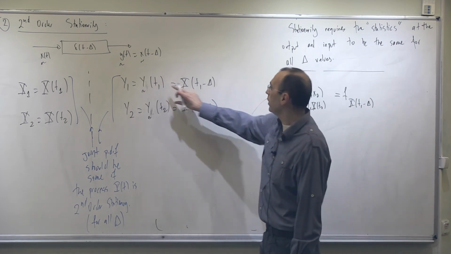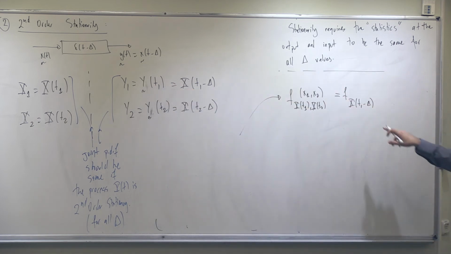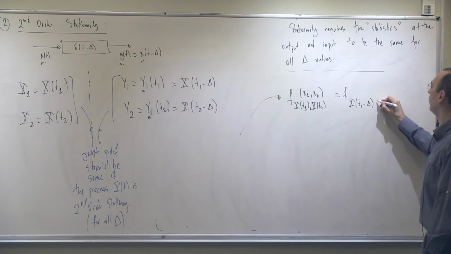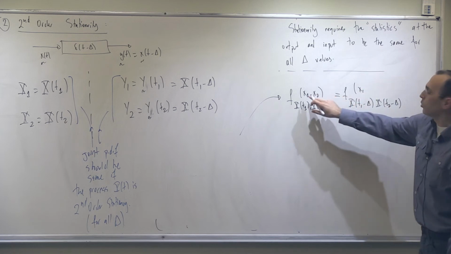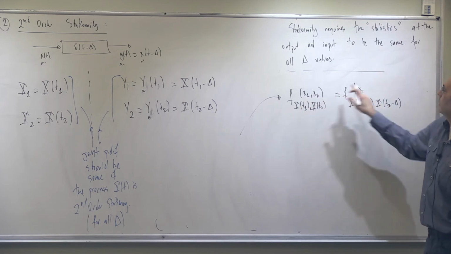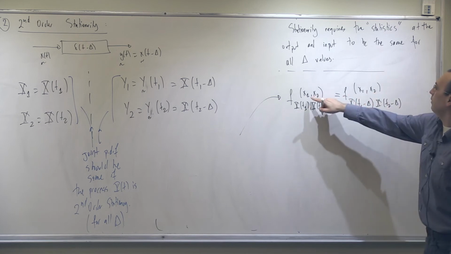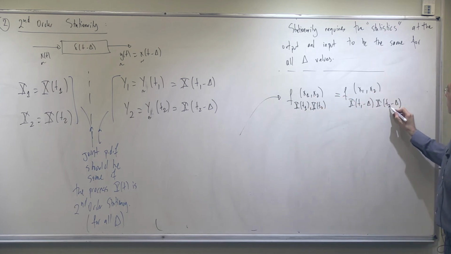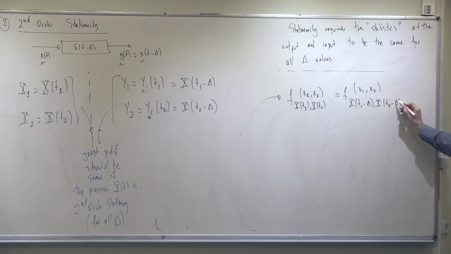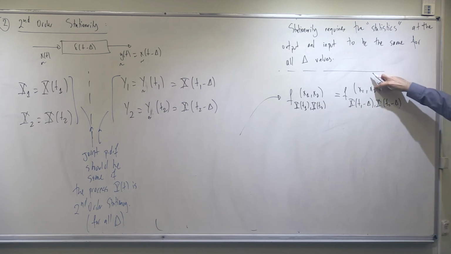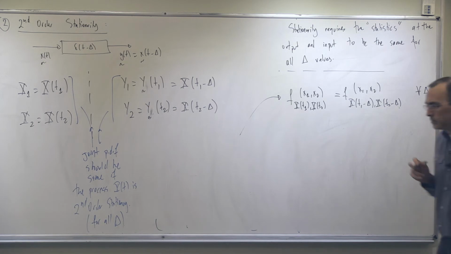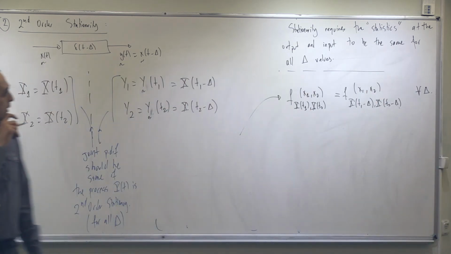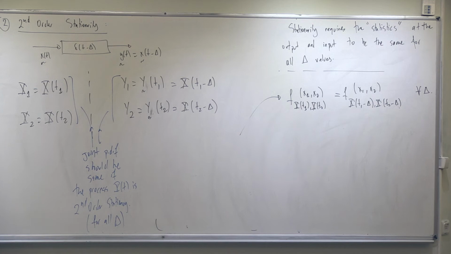I can write y over here, but at the end I will make a crossover that one. I will think about the property of x to have that. So again, in order to have equality of these two sides, left side and the right side, I should have the same variables. So this corresponds to this. In other words, this is the random variable's name, and this is its variable. Okay. But the critical thing is, this should be valid for all delta. So how can I have that one, or what kind of relation is that?